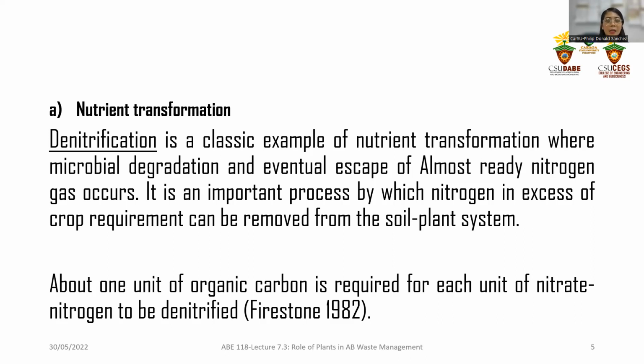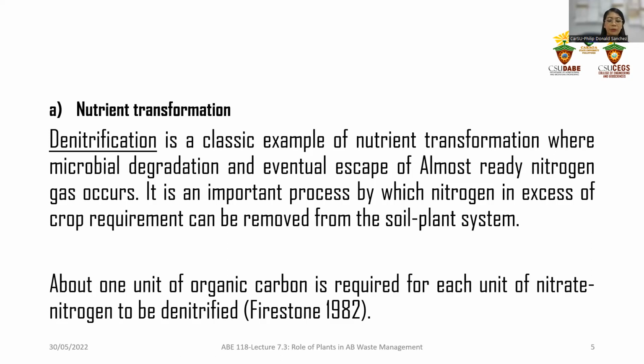So this process requires the presence of nitrate nitrogen, an organic carbon source, and anaerobic soil conditions. According to Firestone 1982, about 1 unit of organic matter is required for each unit of nitrogen to be